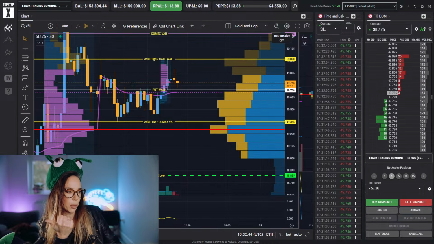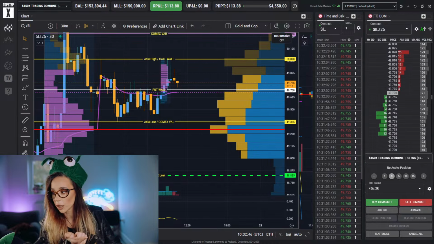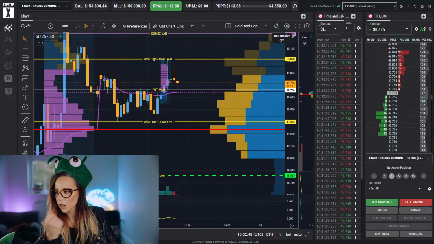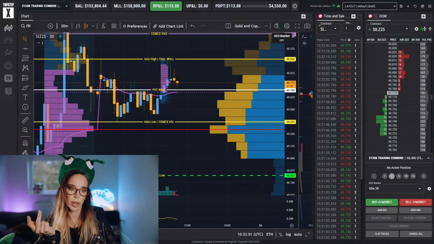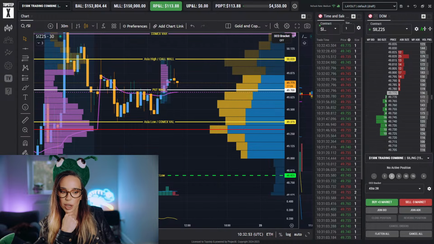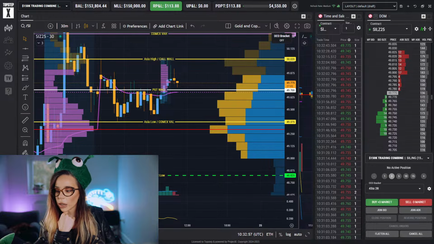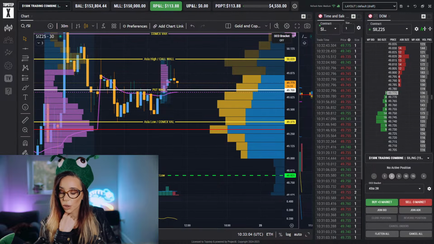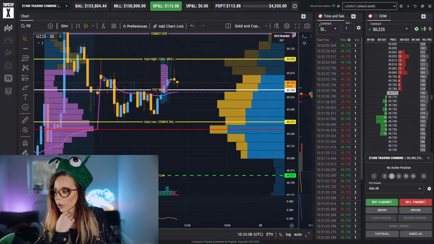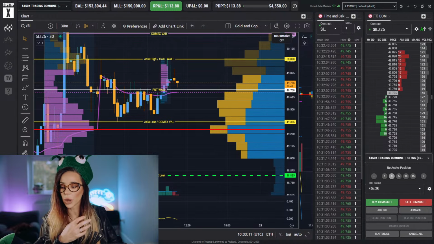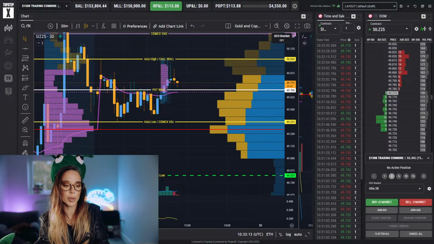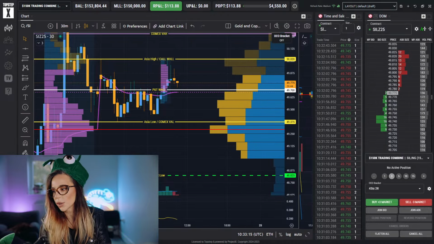So TPO profile, quantitative extremes, ADR high, ADR low, actual structure, market structure, so Asia high, Asia low, and that's pretty much it. Just time of day is the final component to that. I don't have a million moving parts. I've got 4 or 5, and then time of day being one of them. And I also have 4 or 5 core setups that I then flip. There are variations of the setup, of course, but when it comes to the actual tools, I think I'm pretty simplistic.